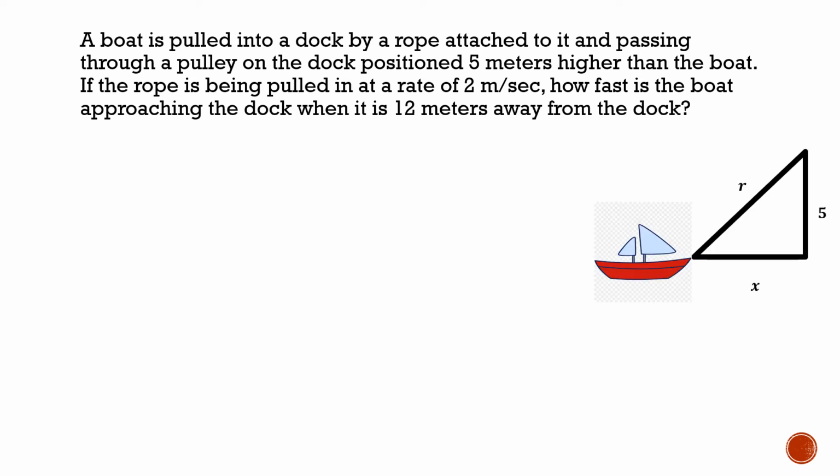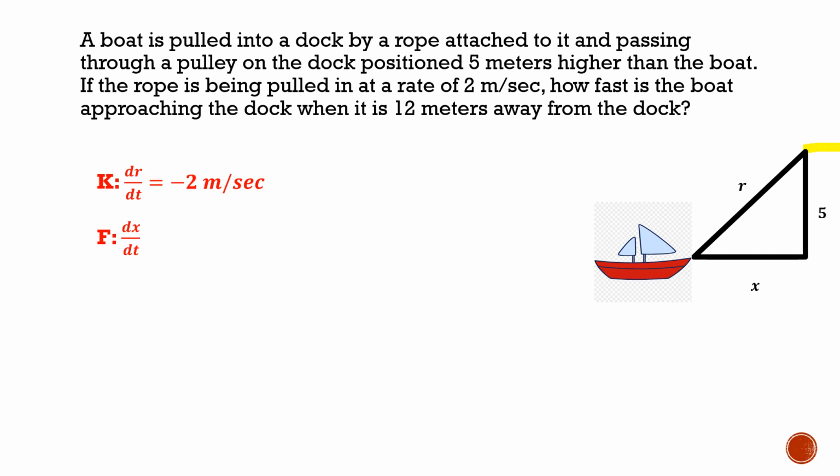So I'm going to set up a little picture. And again, when I set this picture up, I need to understand that this piece up here is like my dock. So the dock is 5 meters higher than the boat. And this R value is the rope that's pulling it in. So now setting up my knowns and find, I know that the rope is being pulled in at -2 meters per second. I want to find dx/dt, or my horizontal distance of how fast the boat